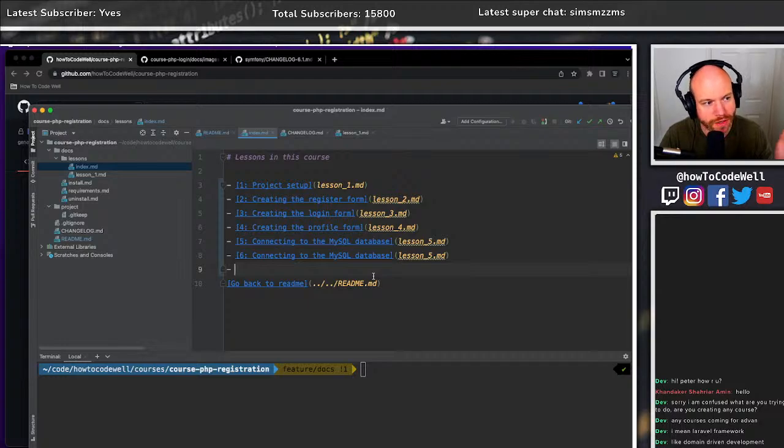Once the HTML and the CSS are done, it's almost like grouping them, if that makes sense. So number 6 is, once we've connected to the database,